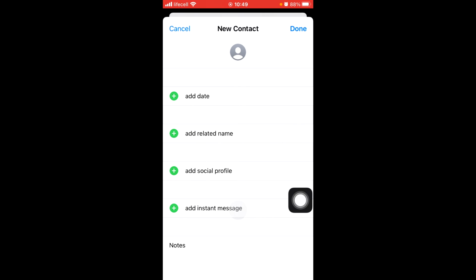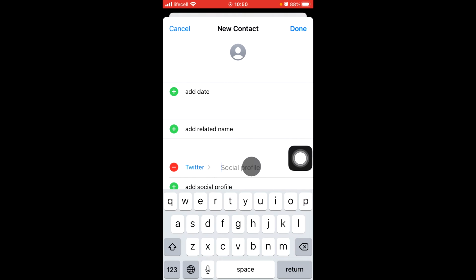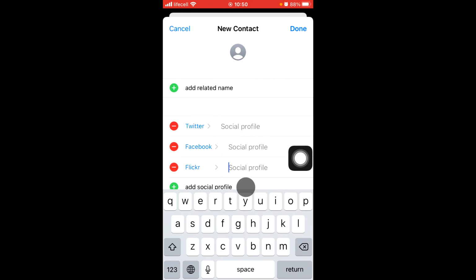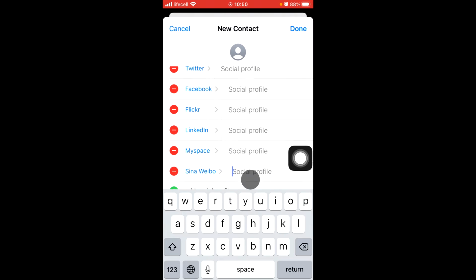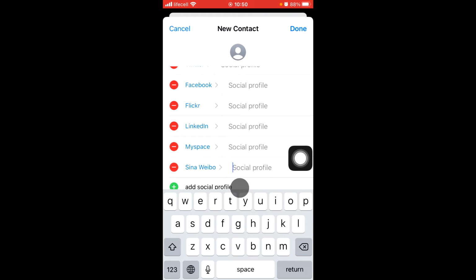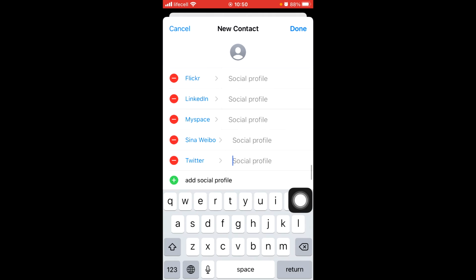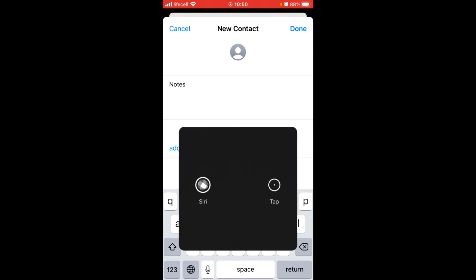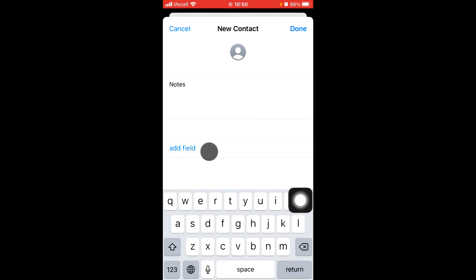Also you can add social profile. It may be Twitter, Facebook, Flickr, LinkedIn, MySpace, Sina Weibo, and another. Okay, then scroll down, and if you need it you can also add field